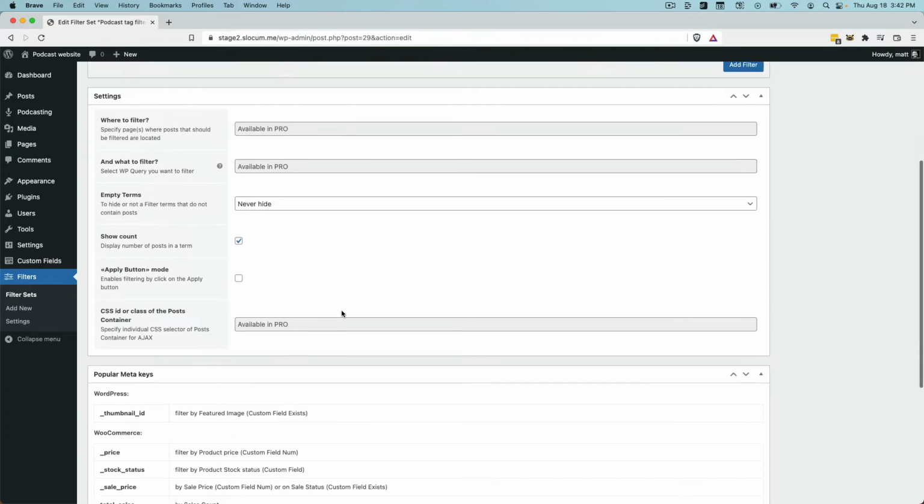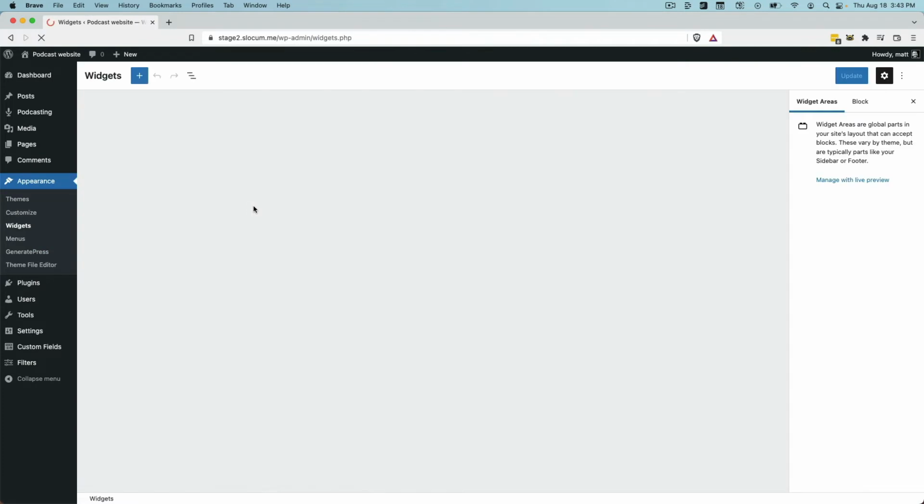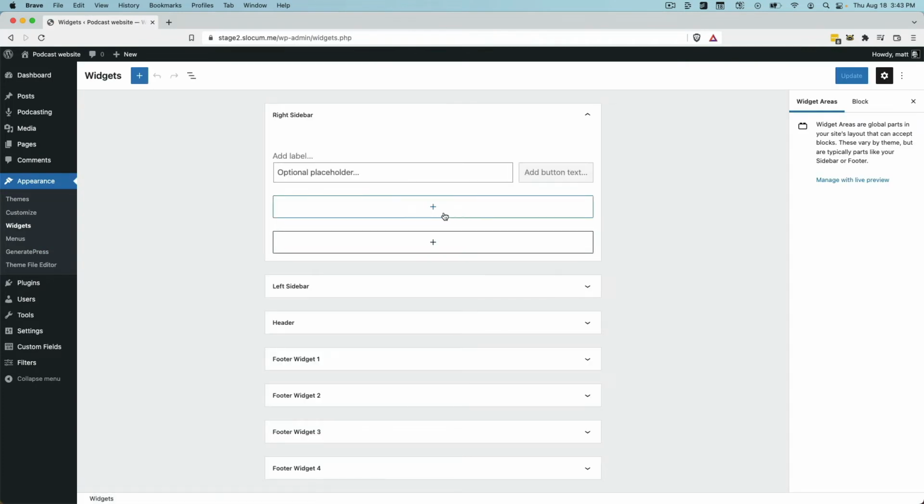Now, there's a bunch of other settings in this plugin. I'm only showing you how to do this the most streamlined way with tags. Okay. In my theme, I'm going to go to Appearance, Widgets, and in my sidebar, take a look at the